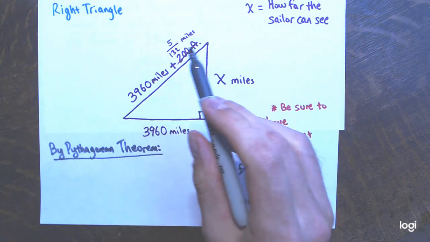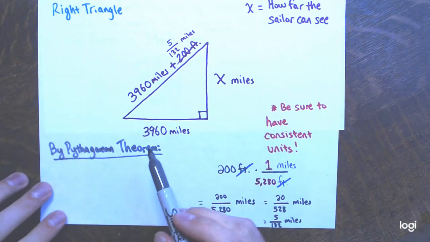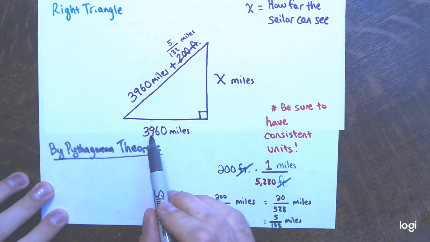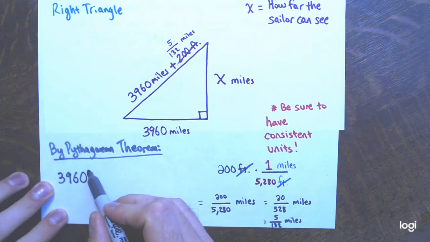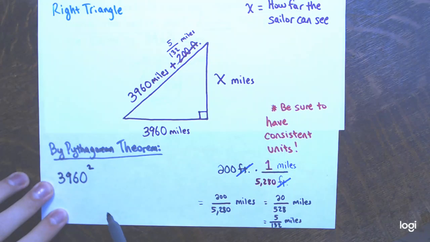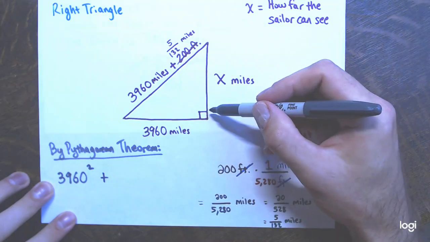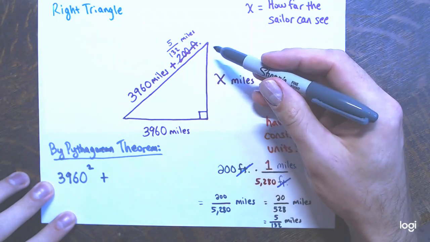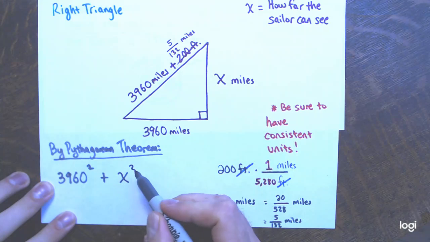Now, again, since everything's in miles now, I'm not going to keep writing the word miles anymore, because I know everything is in miles. All right, so one leg squared, so 3,960 miles squared, so make that square miles, plus the length of the other leg, the other length that forms the 90-degree angle, x miles squared,